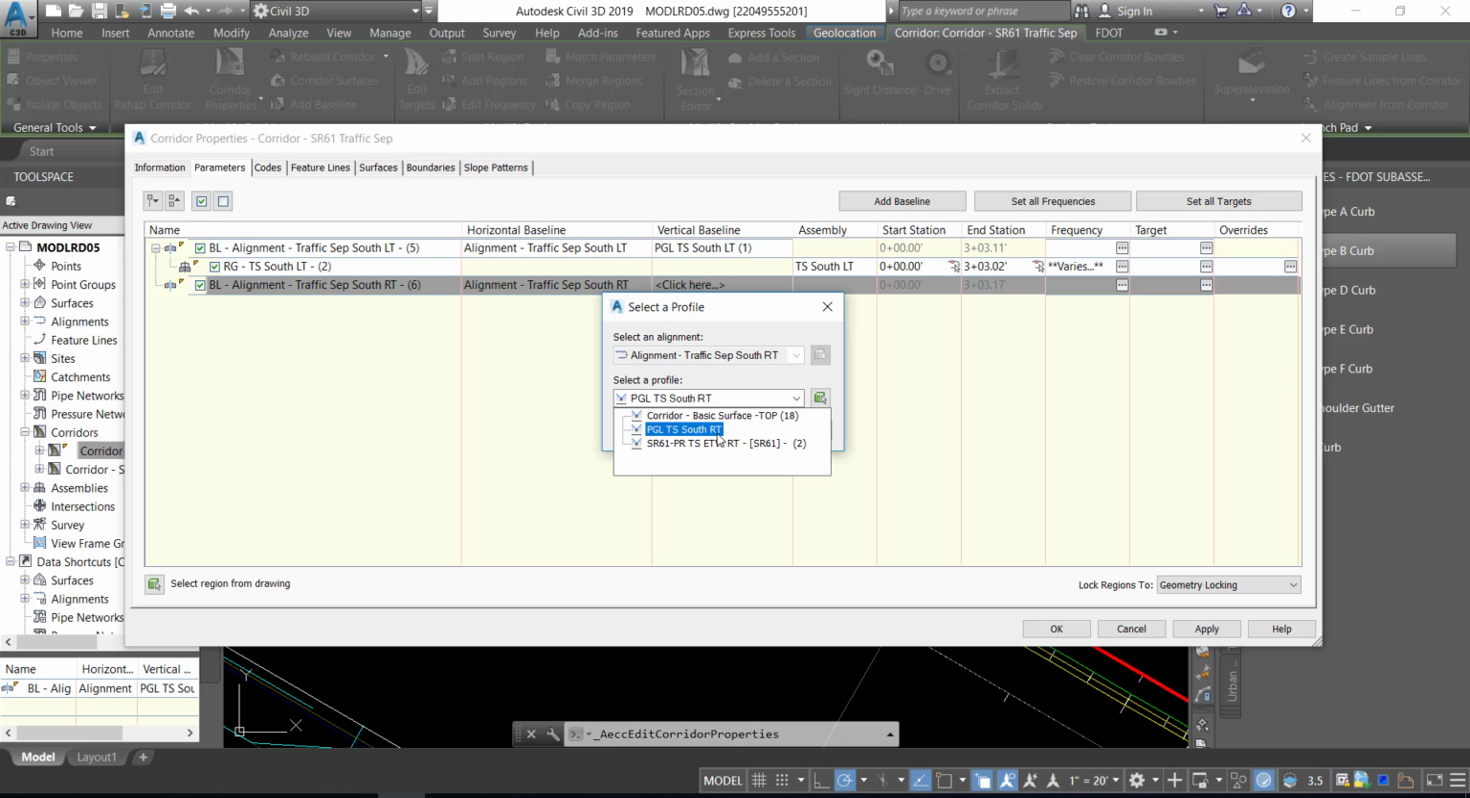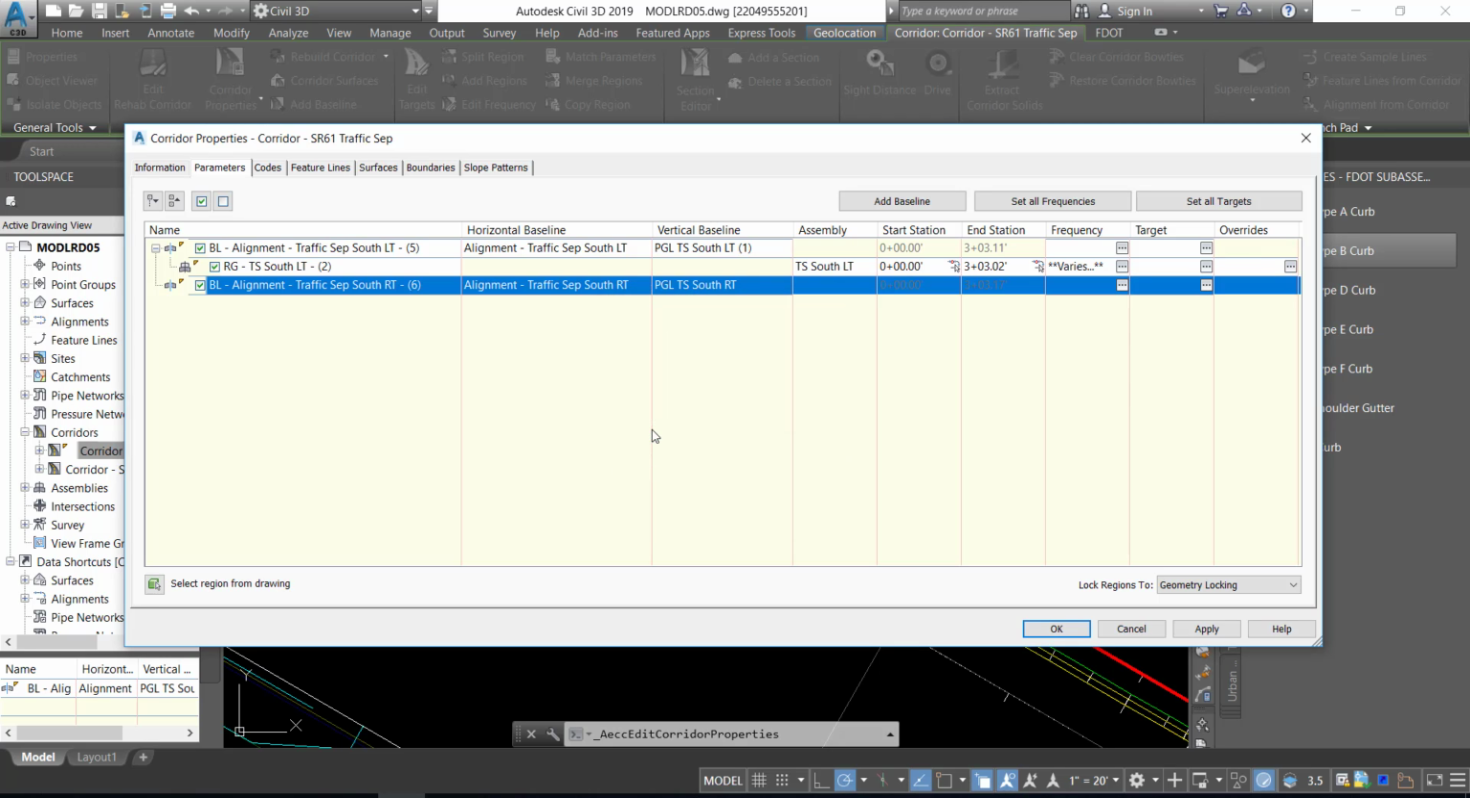You may already have one in here that you created already, if it has a 1 or 2, but we're going to pick the PGL TS South Right option. And then click OK. Next what we want to do is we want to add a region. So to add a region to this, we're going to right click on the name and we're going to choose